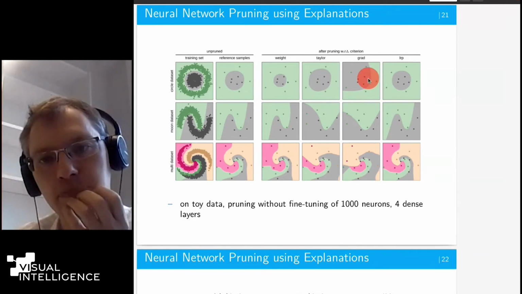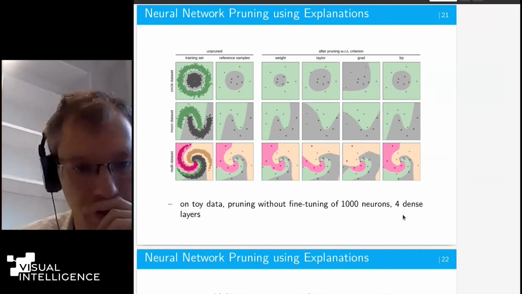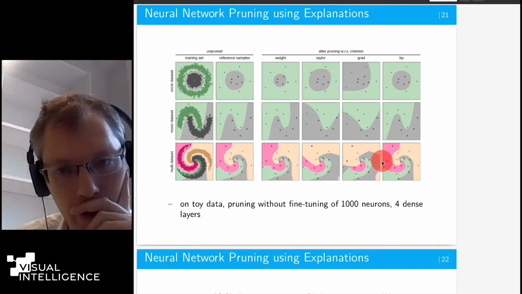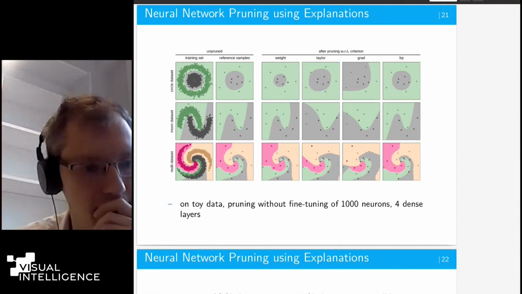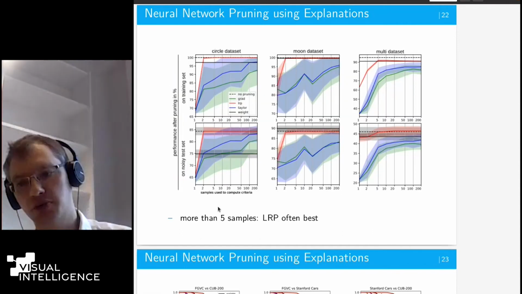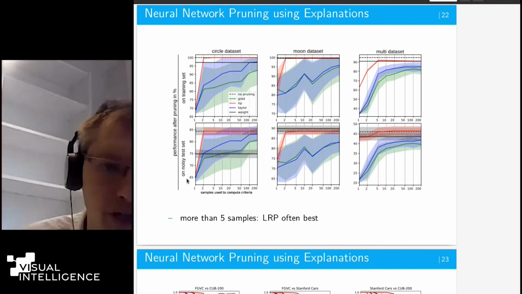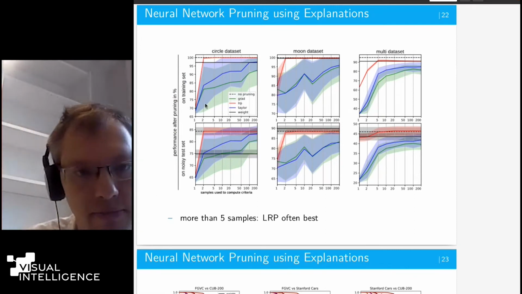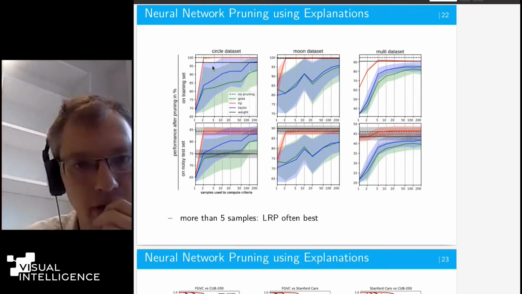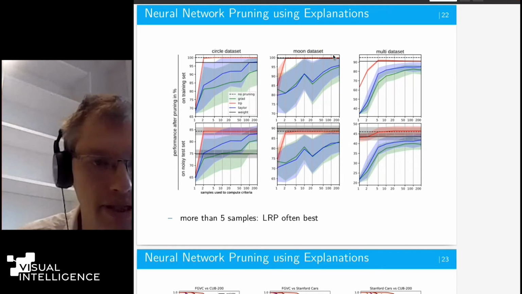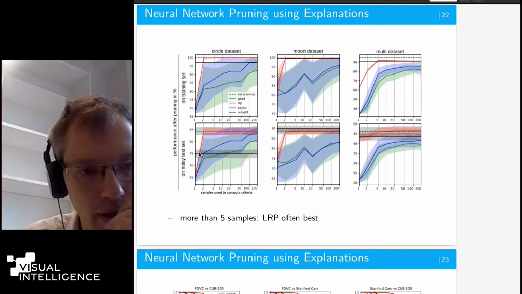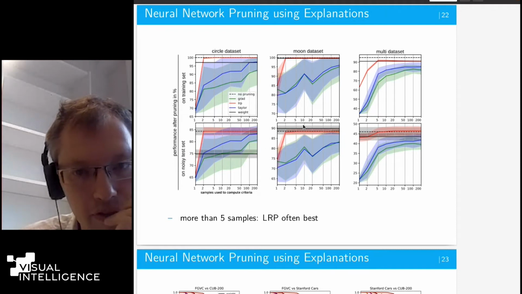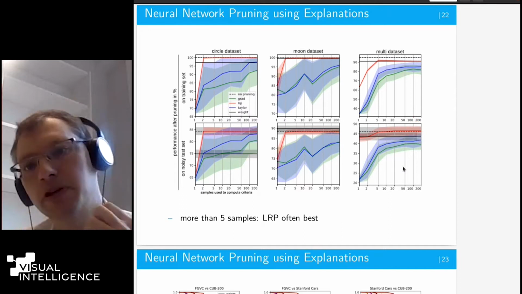Taylor-based pruning criterion, gradient-based pruning criterion, LRP-based pruning criterion. And we can see, on these toy data sets, weight performs usually reasonably, LRP performs usually reasonably. We can also look at this quantifiably. We can measure the performance on these toy data sets with several methods. And in principle, what we see, if we prune, very often weight-based performs very well and LRP performs very well in pruning.